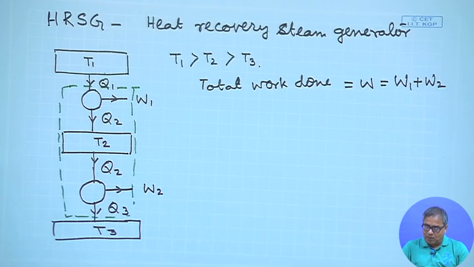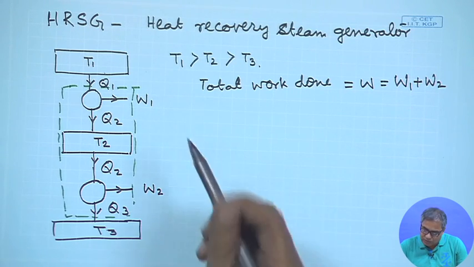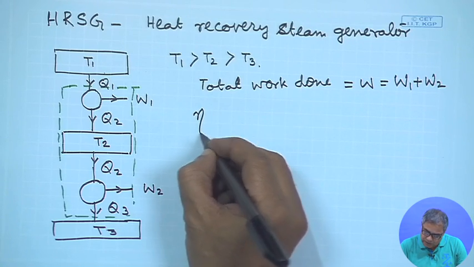So, for this combined cycle, what will be the efficiency? The efficiency of the combined cycle will be eta combined,